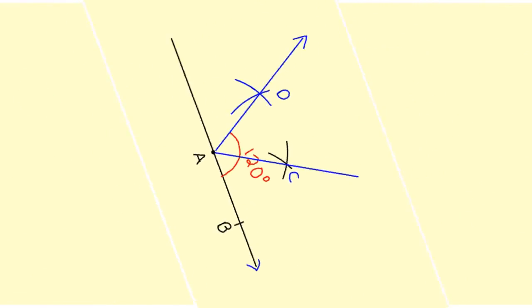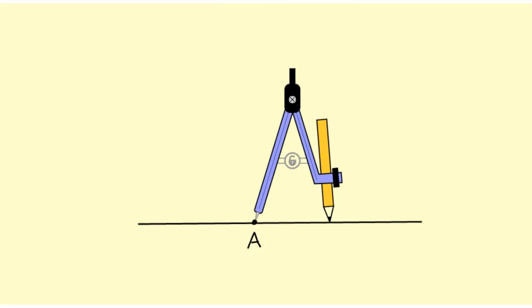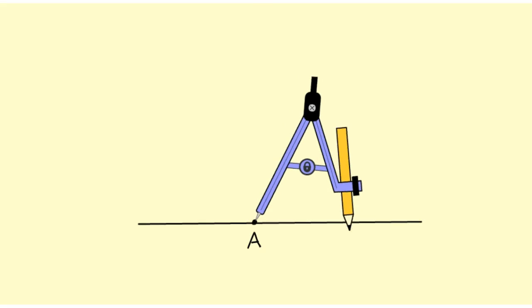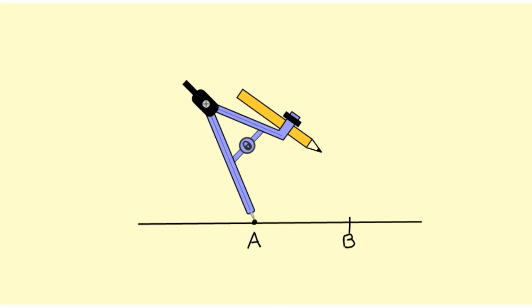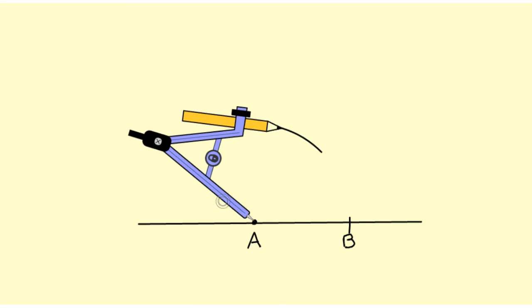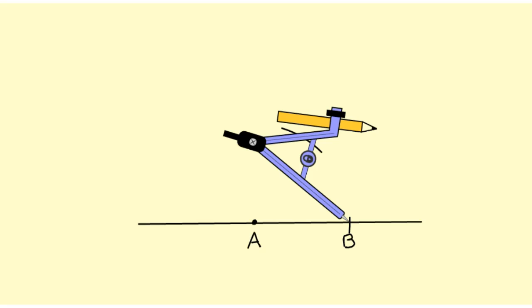Here's another way to draw the same angle. I'm going to start with a line segment. I'm going to label a point A, like I did before, and I'm also going to mark off an arc here, and I'm going to label that point B. And I'm going to construct an equilateral triangle, like I did in the last example. However, the difference here is going to be